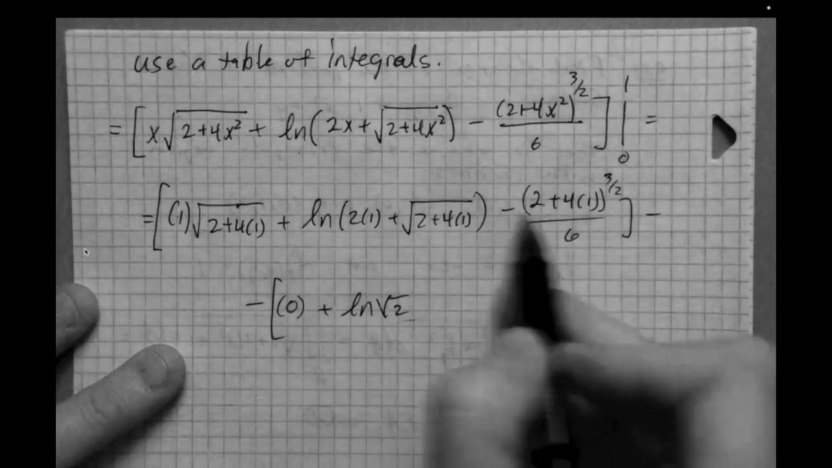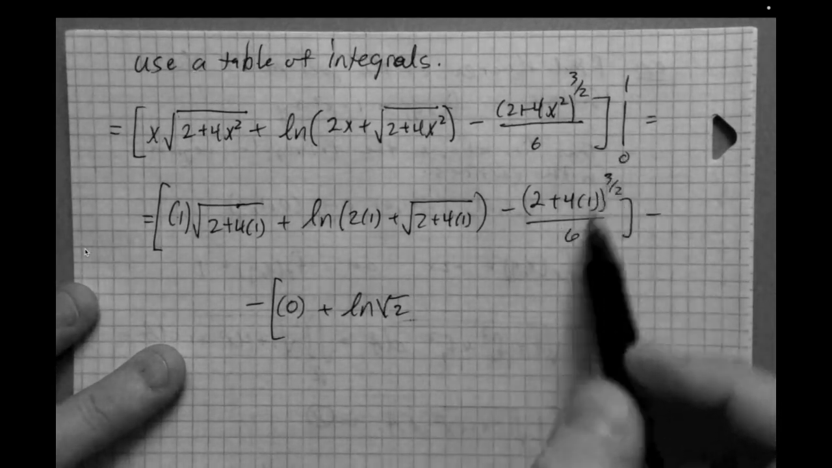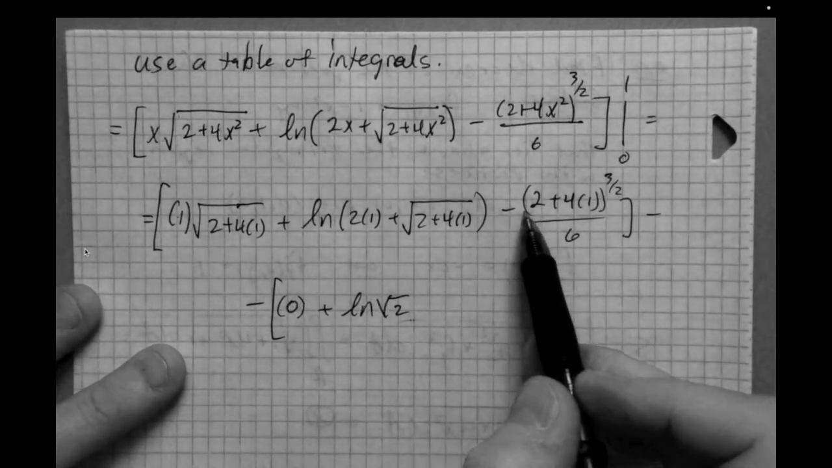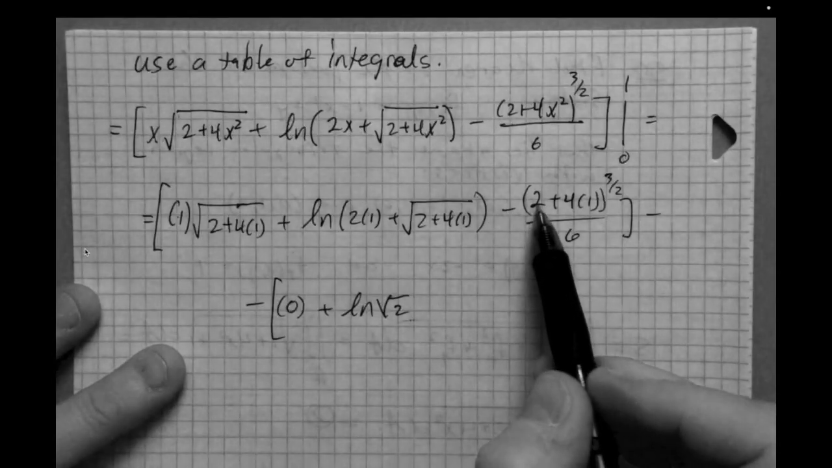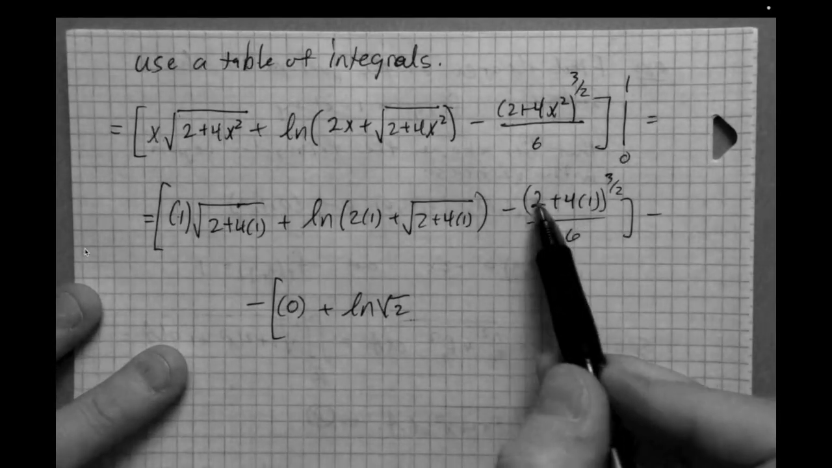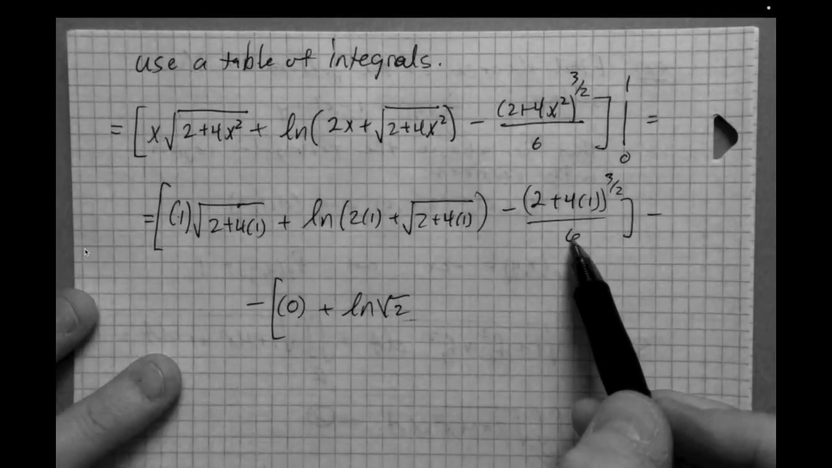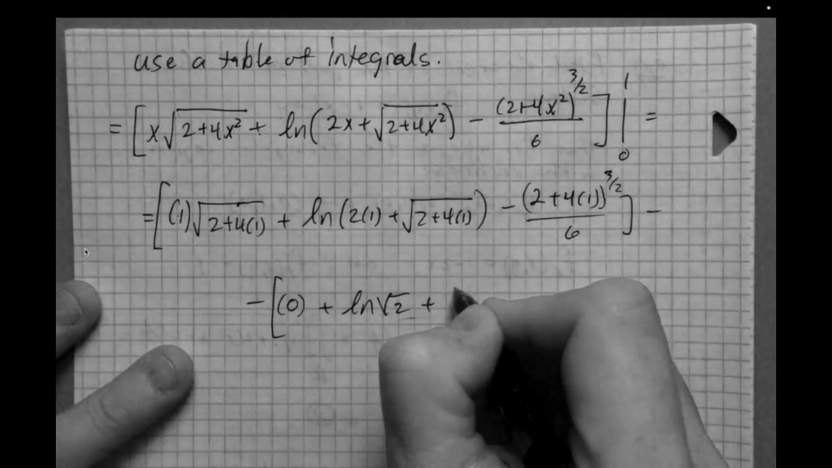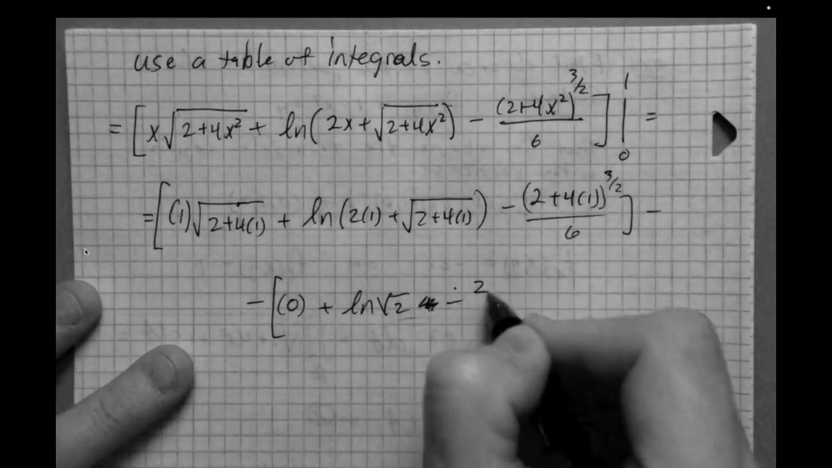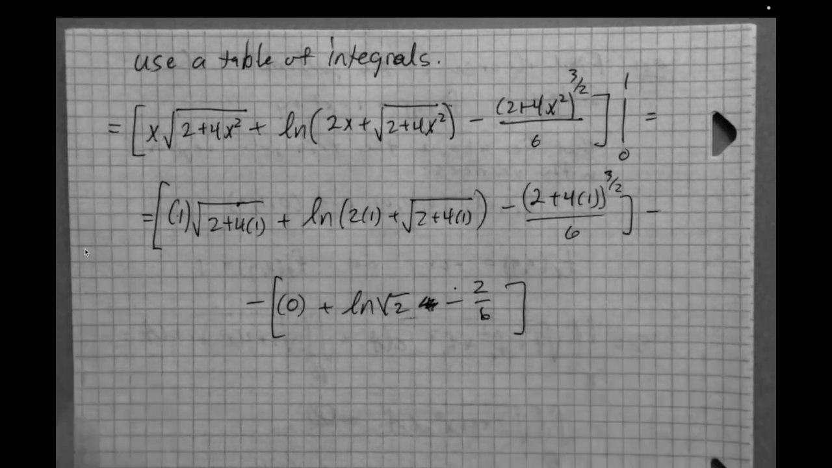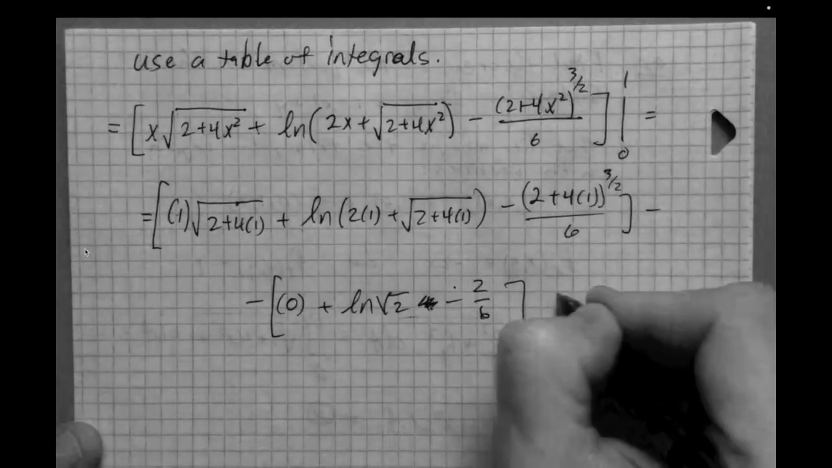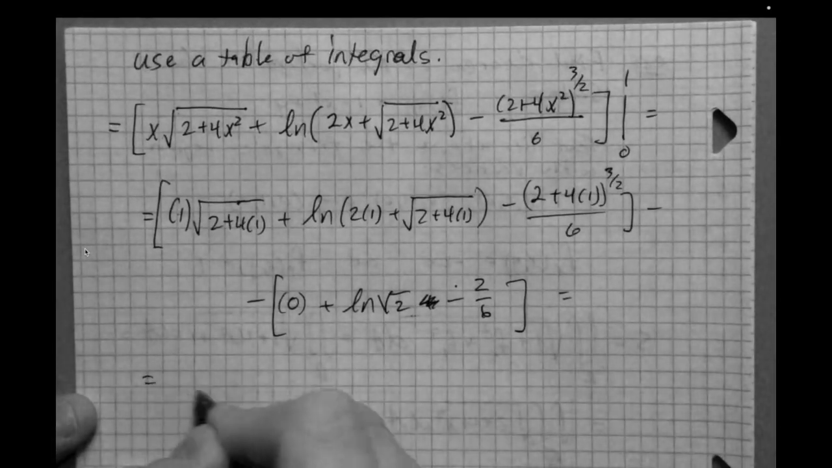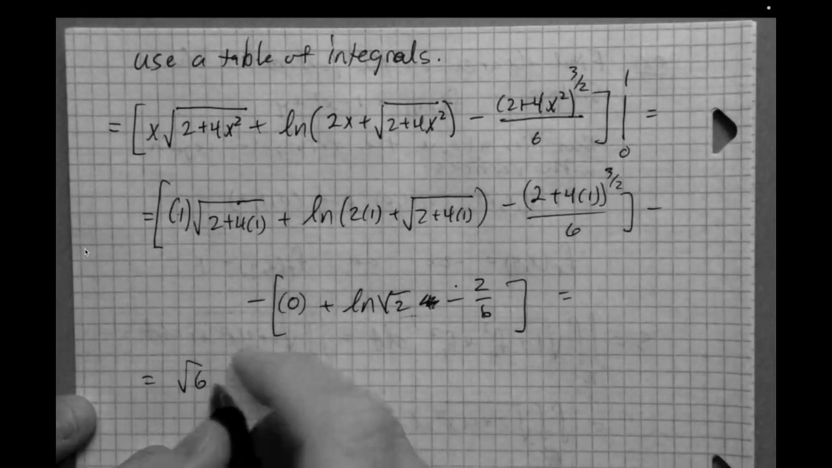Okay, and then in the last section here, you get minus 2 plus 0, so this would be 2/6. Sorry, minus. Like so. Right, and then so the whole thing cleans up nicely, and you get the square root of 6